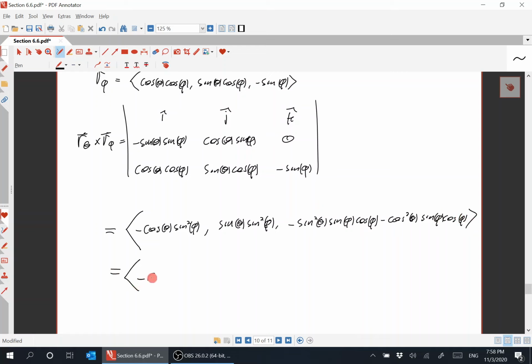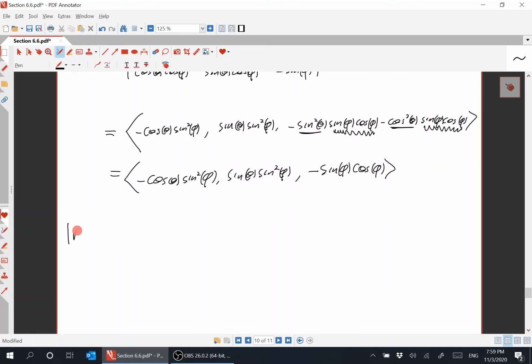Equals minus cosine theta sine squared phi, sine theta sine squared phi. So now I have sine squared theta, cosine squared theta, and a common factor, sine phi cosine phi, subtracted both times. So the sine squared and cosine squared add up and leave the common factor, minus sine phi cosine phi. That's the cross product. So the length of the cross product, r theta cross r phi, is equal to the square root